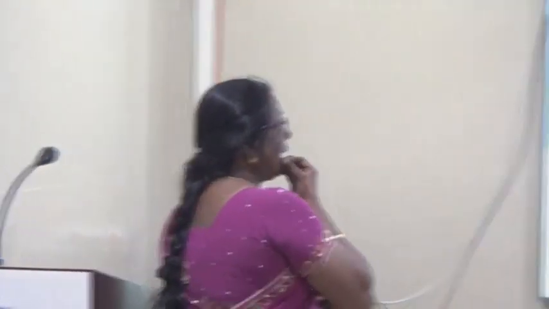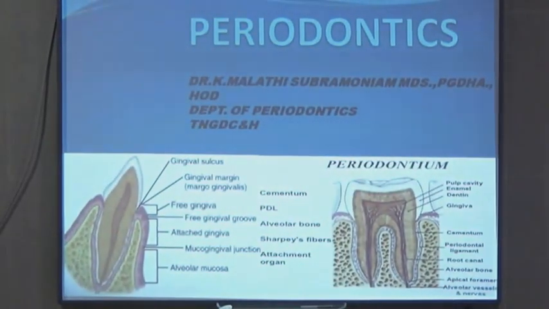Now you should know the attachment apparatus. We are saying periodontitis means it involves the attachment apparatus. Actually, what comes as attachment apparatus is all 4, but of these, 3 are the supporting structures and gingiva is the investing tissue. Okay, we always say periodontitis means it's a disease affecting the supporting structures of the teeth. In some books they put all 4 as the investing tissue of the teeth. At that time you should remember gingiva is the investing tissue and the other 3 are the supporting structures